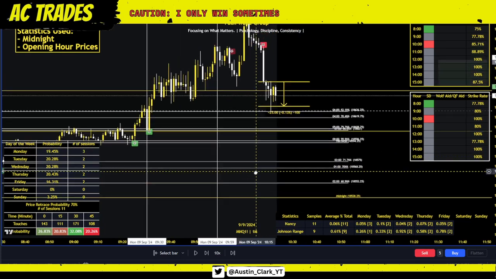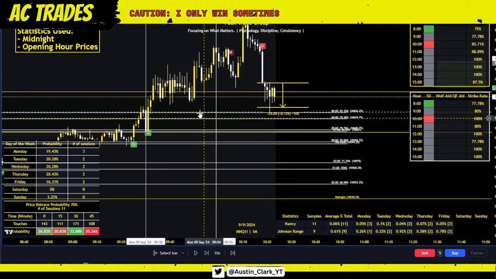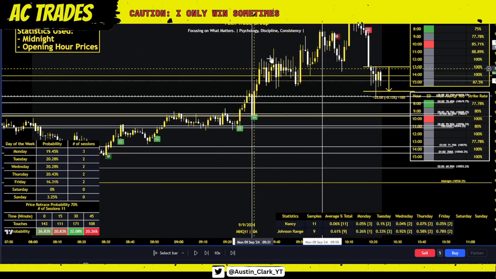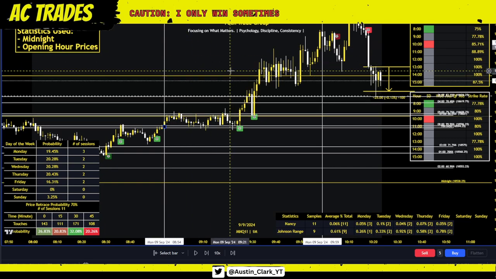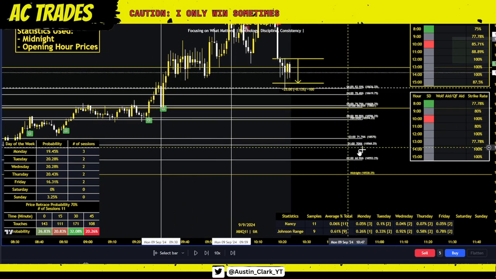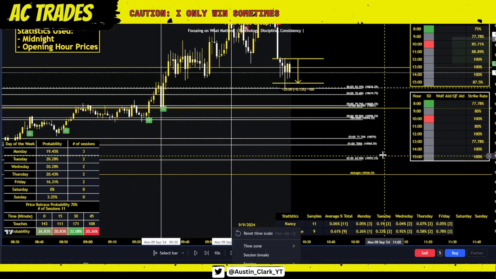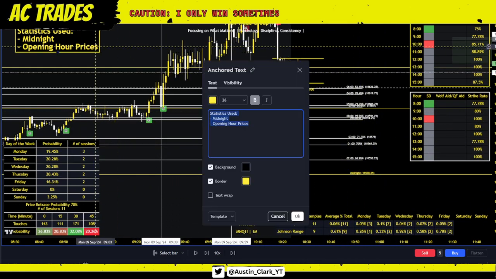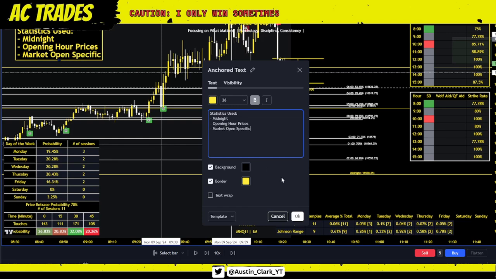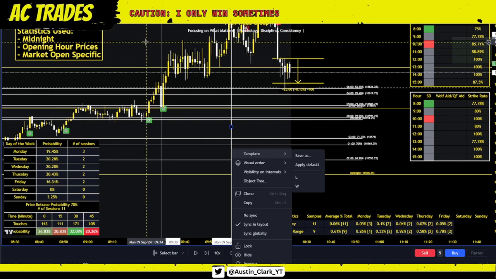So that's another cool little statistic that you can add. If we're overextended above everything starting at market open, you best believe that these opening prices now have an even higher chance, in that 30-minute time window, of retracing as many as we possibly can. So then we'll write this here: market open specific. Let's do that for probabilities for market open.